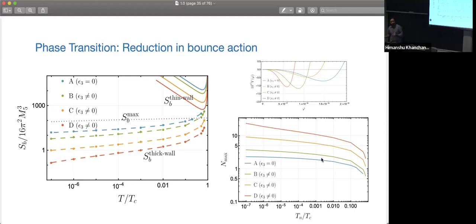Okay, so this is just to illustrate that reasonably small self-interactions may change things. Right. Because everything is exponential, so even a little change in the bounce action will change it. Yeah, like